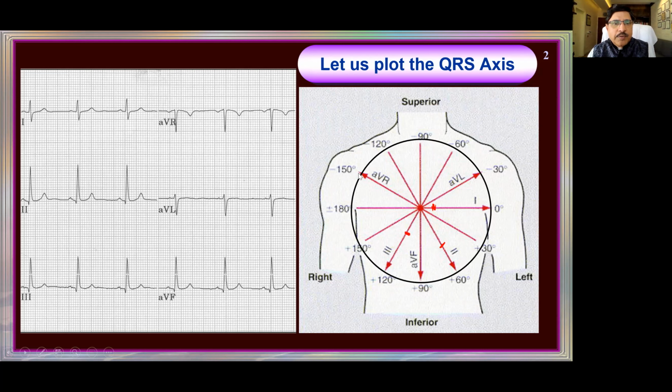Okay, then AVL is positive 2 and negative 7. 7 minus 2 is 5. My AVL lead is here. 5 is, this is 3 I said. 5 I put there. And then what is my AVF? AVF is 1 negative, 12 minus 1, 11. So that's also 11. Now I connect these points. That's how my heart is. You understand?